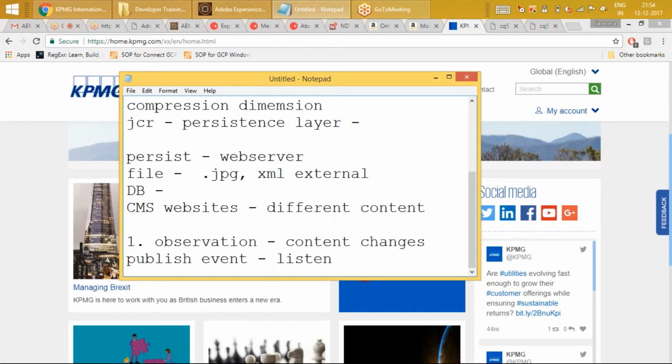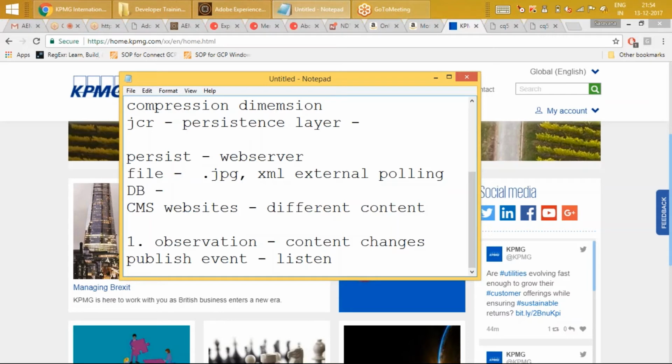And the moment I go for an external solution, it is expensive. I have to keep working and polling to see if the file has changed, and keep hitting the file to see if it has been changed instantly. Do you see the expense there? And when your repository grows to some 10 GB or 20 GB, for example, it will become very expensive to keep polling and monitoring every file change that happens.